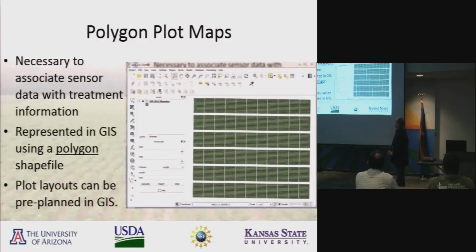As I mentioned, the plot maps can be represented as a polygon shapefile. So you see that represented here on the map. These polygons each represent one plot for a phenomic study that we have done here. The purpose of the plot map in GIS is to make a way for you to associate data that was